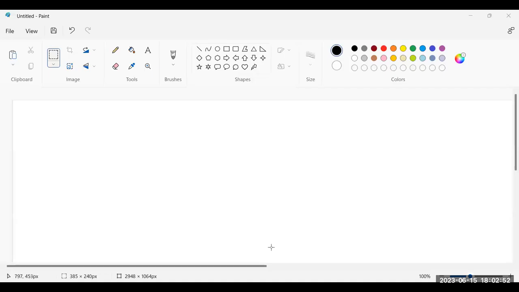Share screen. Paste. All right, so I can see my paintbrush now. Okay, so